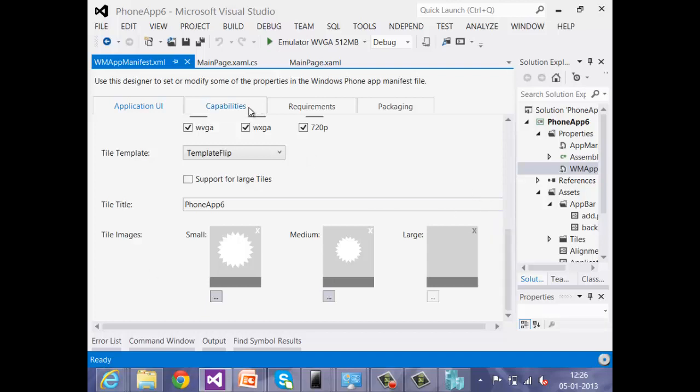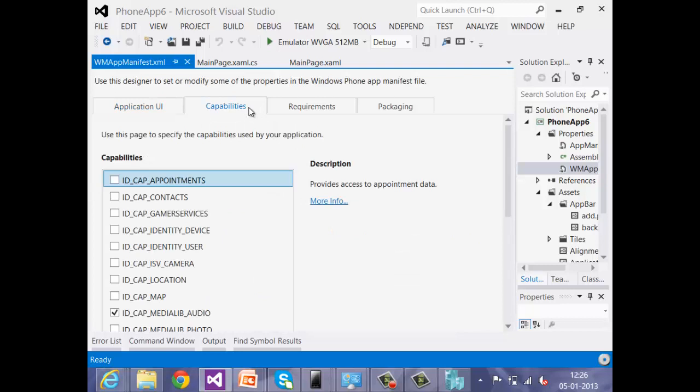So then we have something called capabilities. As I already told you, if your app is using some of the Windows Phone device functionalities, for example a camera or a phone dialer, then you are supposed to define them here, saying that this app is going to use it.